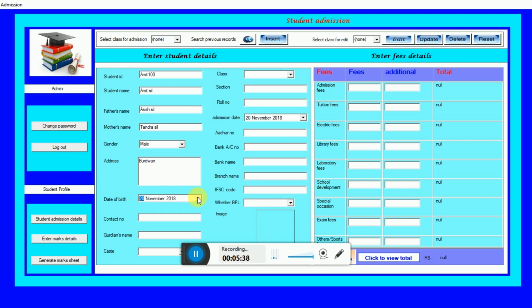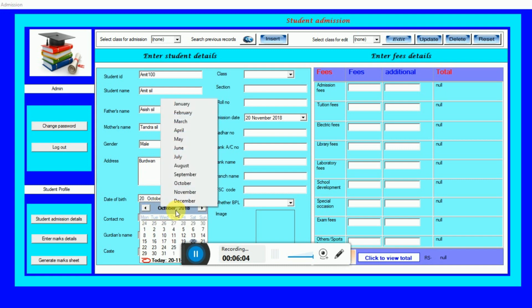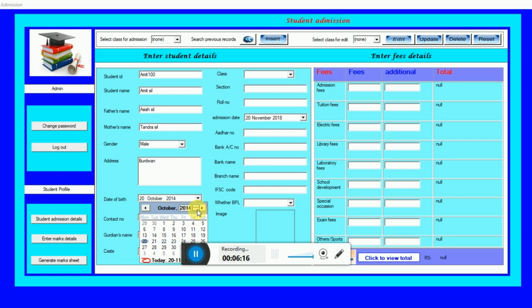So what I want to tell about the date of birth panel: always the date of birth must not be less than 5 years and must not be greater than 20 years. So choose the date of birth. Okay,